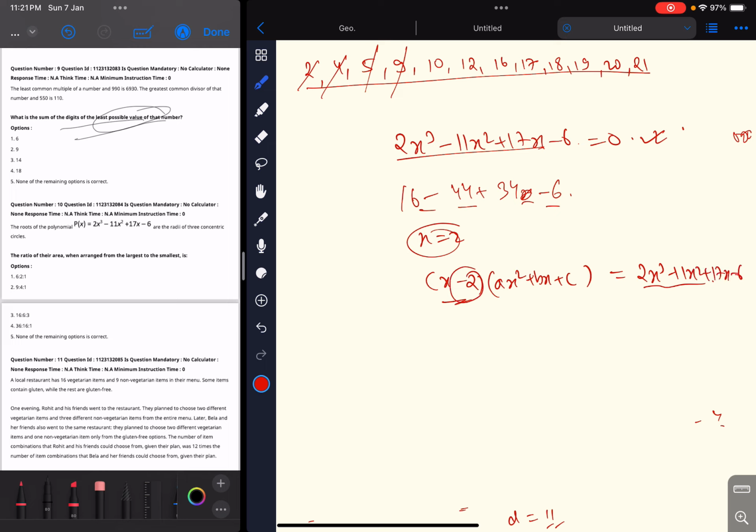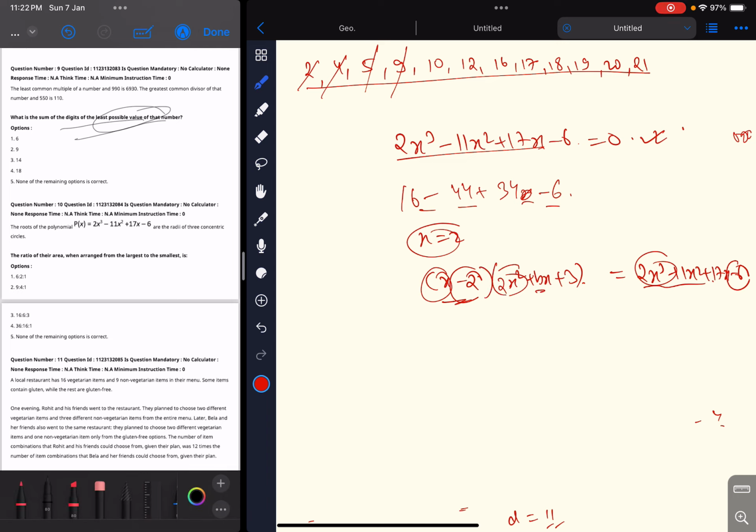Now we can easily compare. We know that minus 2 into c will be minus 6, so minus 2 into c equal to minus 6, so c equal to 3 we got. So erasing and writing 3 over here. Now if we write it for a, it will be simply x into x square, so ax cube we will get, and this is 2x cube, so a we got as 2. So in place of a we can write 2.